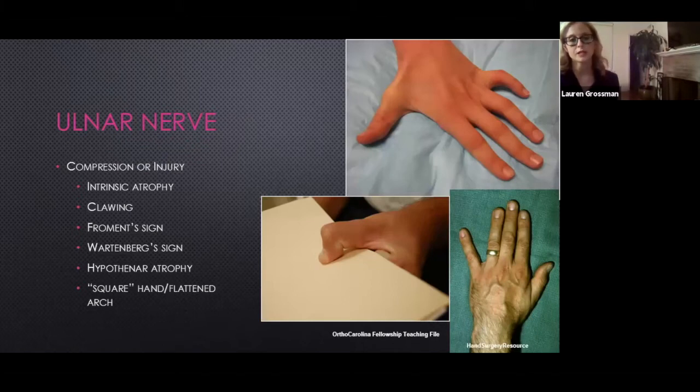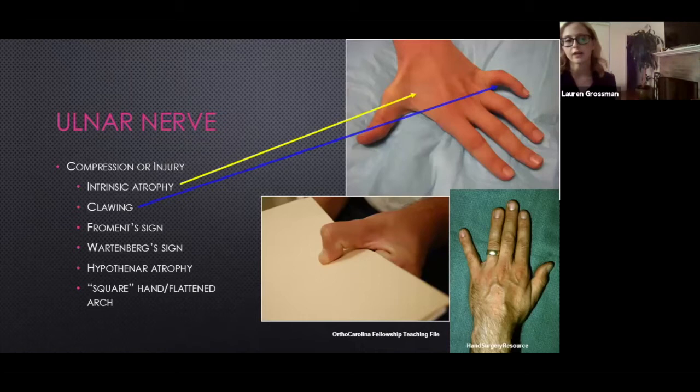We also see the same thing when we look at the hand for the ulnar nerve. On the top picture, you could see a resting position of the hands. You could see there's intrinsic atrophy. There's clawing of the hands. When you ask a patient to pinch a piece of paper just using a lateral pinch, they use their median nerve, which is using the flexion of the thumb, which is called the Froment sign, because they're unable to hold